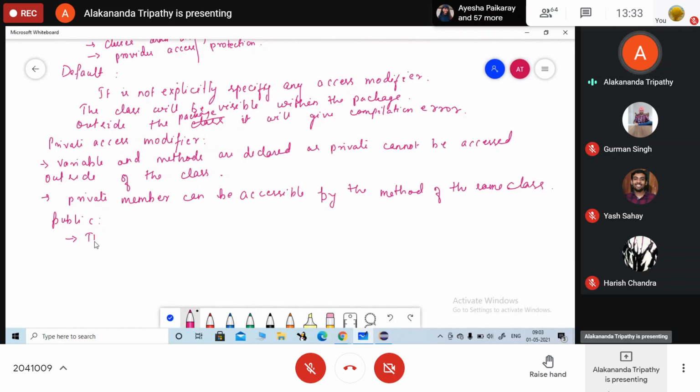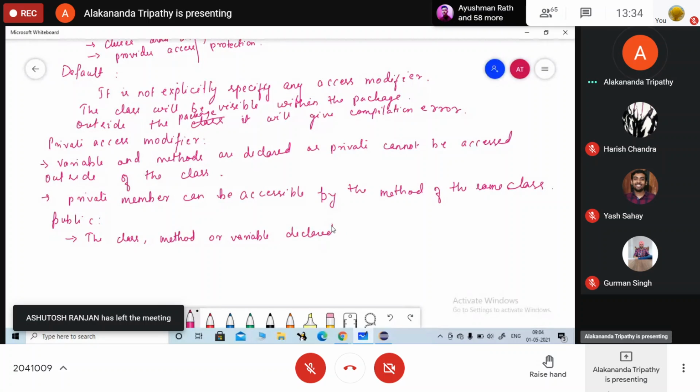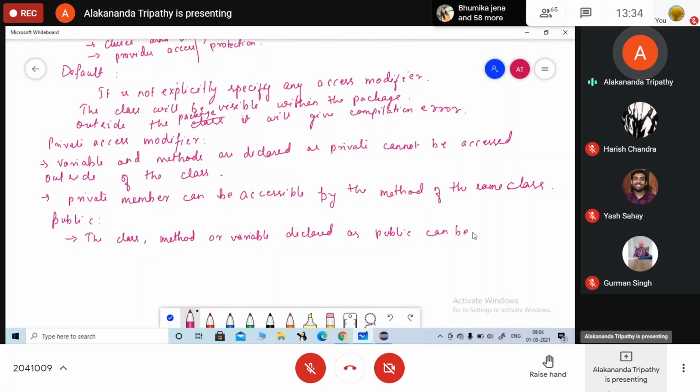In public, here the access label or the class, method or variable declared as public can be accessed outside of the class within the same package. और क्या होगा?